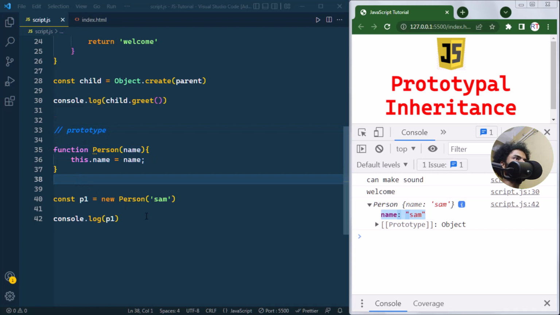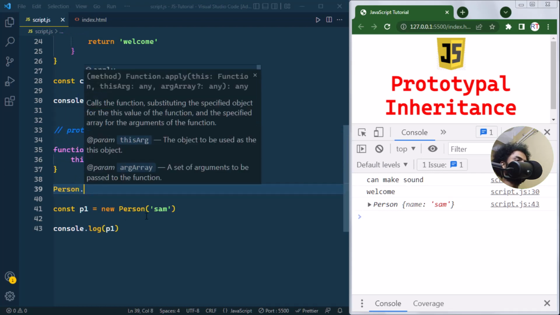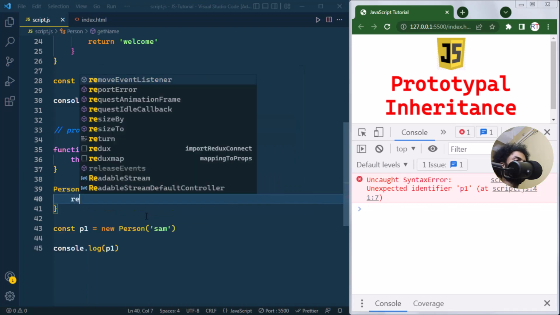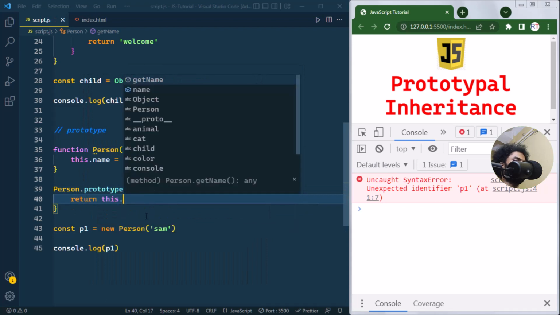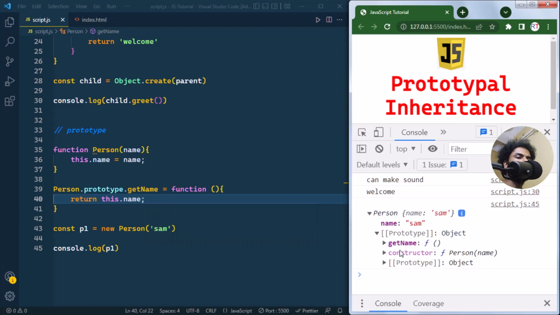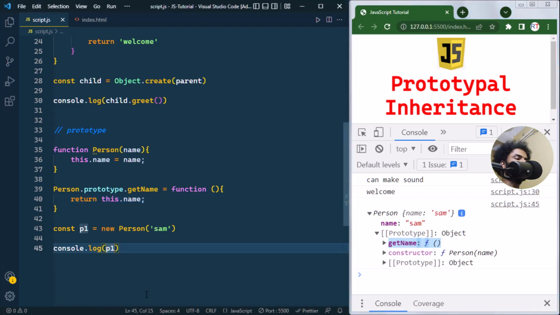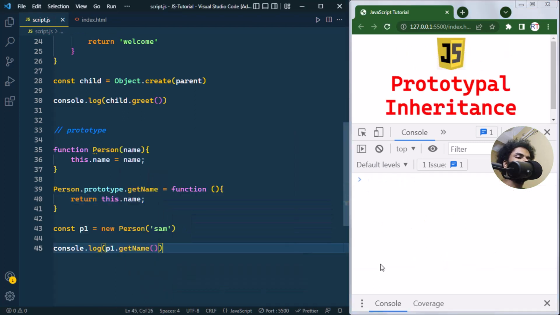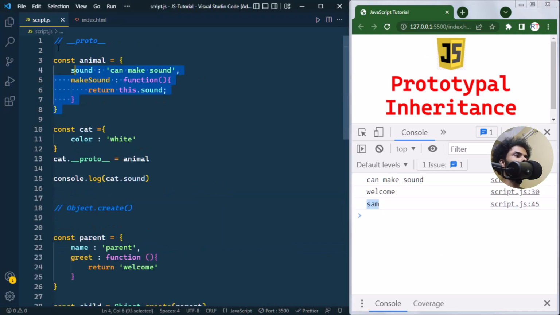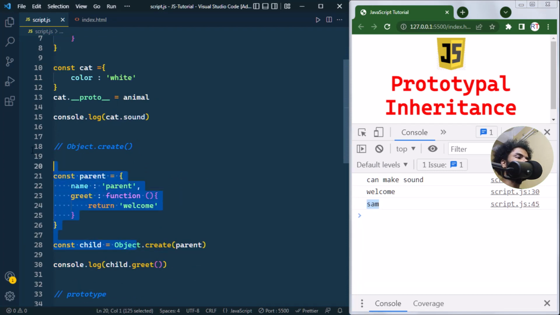So for this we have to write Person.prototype, and then the function or the property that we wanted to add. So we can add the method getName, and this will just return the name of that person. Now inside the Person object, inside the prototype, we have the getName method. Now because this is in the prototype of the object, we can call that method. So we have to write p1.getName, and you can see we have the name of that person. So this is the way we can use prototype, and we can inherit properties and methods from one